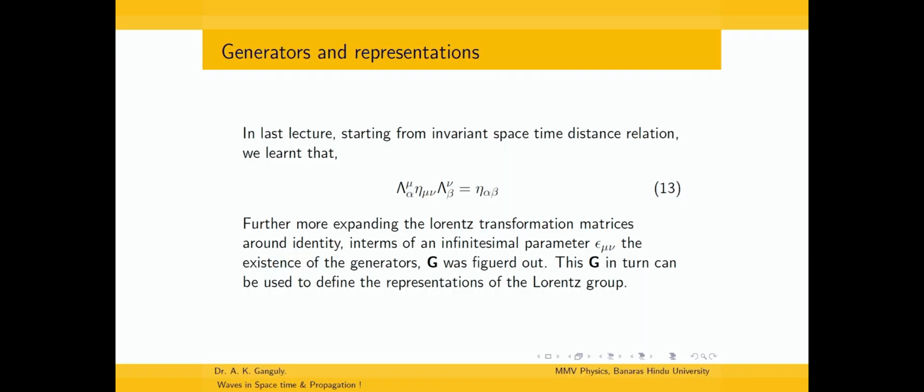How do we actually access this particular